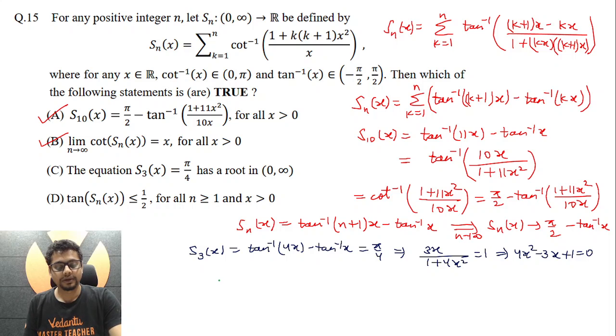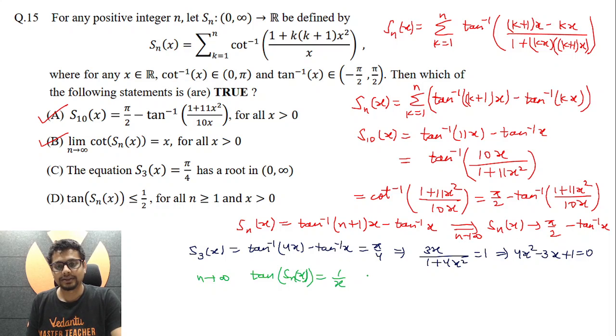Now coming to D, we have to comment upon whether tan of S_n(x) is less than or equal to 1/2 or not, for all n greater than or equal to 1 and x greater than 0. Now if n is greater than or equal to 1, I can even take n to be tending to infinity, in which case S_n(x), which we have already found out, tends to pi by 2 minus tan inverse x. So what about tan of S_n(x)? It essentially becomes tan of (pi by 2 minus tan inverse x), or you may say tan of cot inverse x,